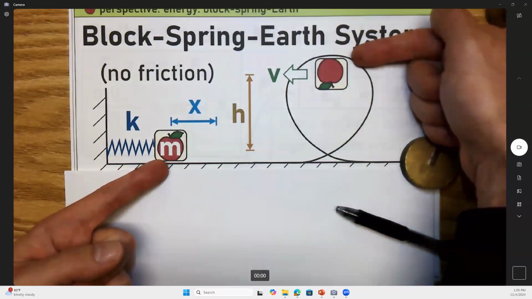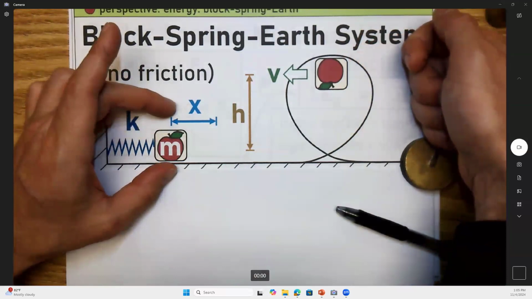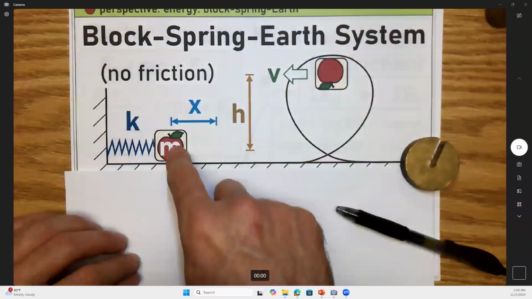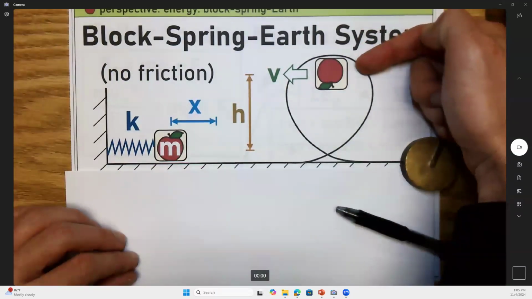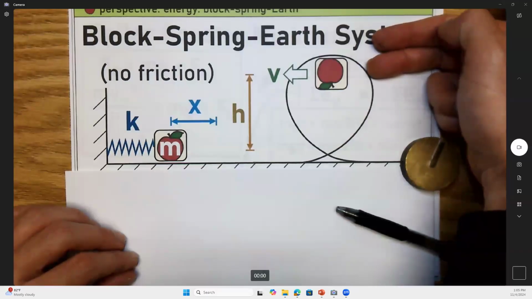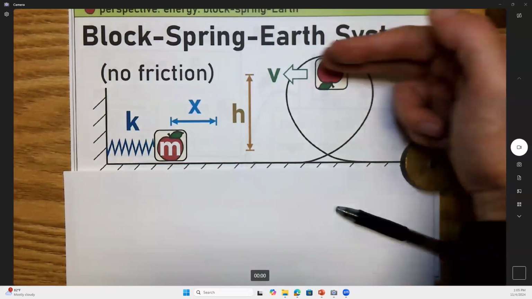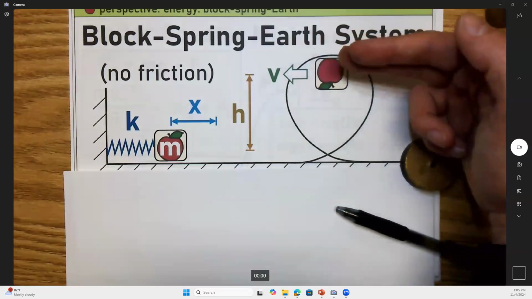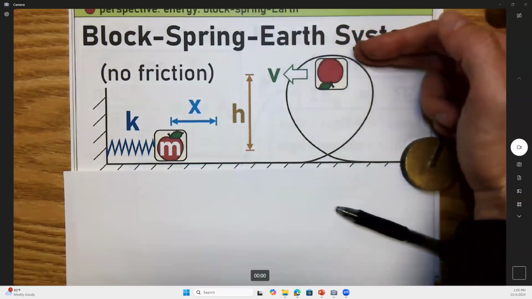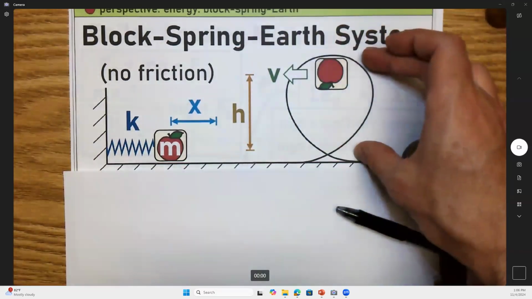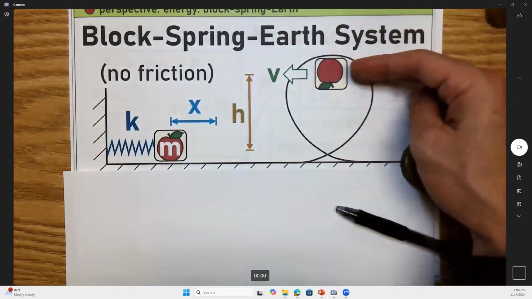All right, so let's put this together. At point A, it's 100% what type of energy? Spring potential, right? And then let it go. Pew! At point B, where did all that energy go? Okay, so some kinetic, yeah, because it definitely better be in motion, because if it ran out of steam, it'd fall off the track. Okay, so I got kinetic, but also, guys, don't forget, to get up there in the first place, did it have to rise a height against the gravity field? Yeah, and that's called what type of energy? Gravitational potential. So actually, that's both types. You guys get that?